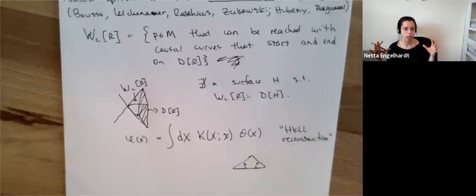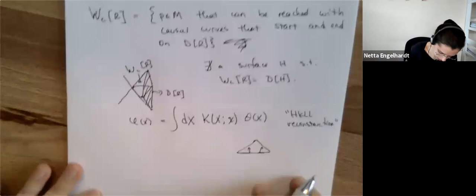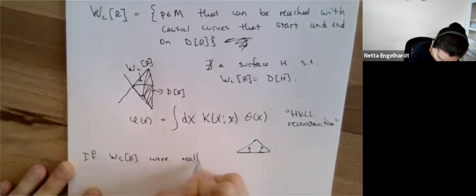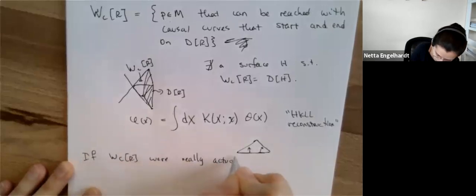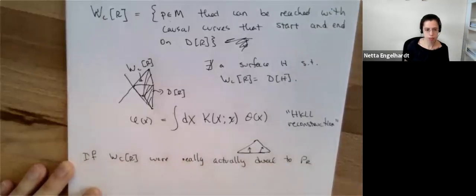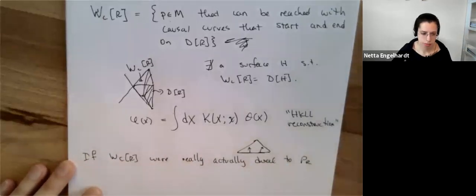I mean, everything that we can compute from rho_R, we can compute from the causal wedge of R. So if W_C of R were really actually dual to rho sub R, then